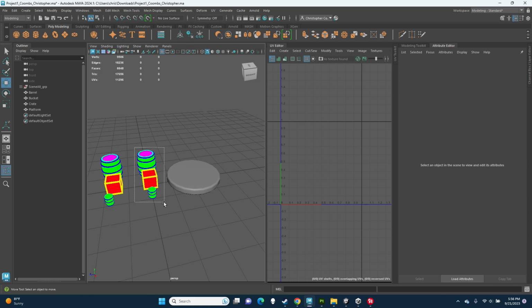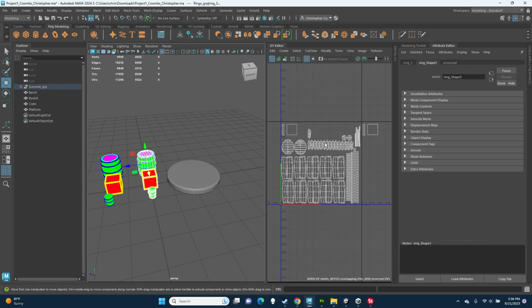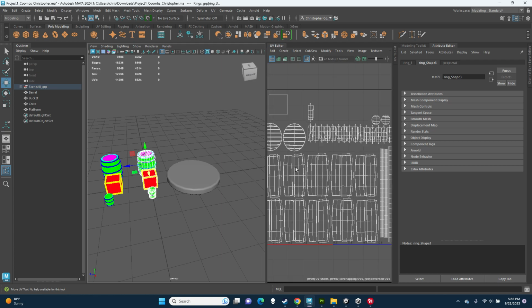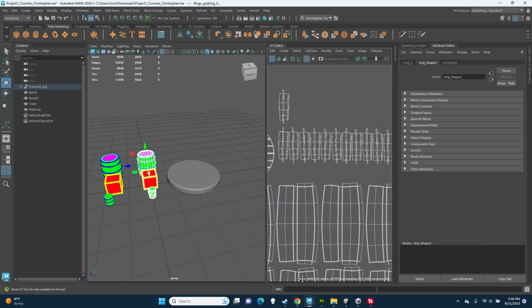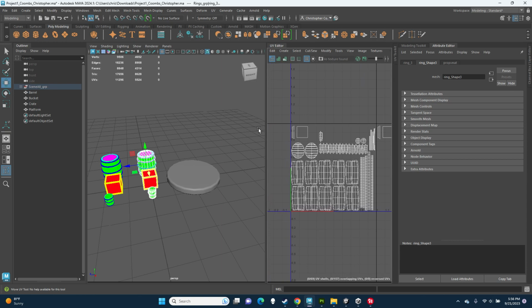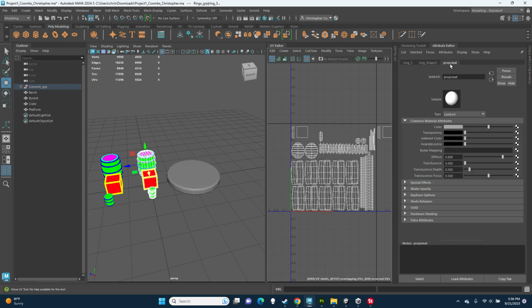We can take a look at the UV layout while we're here, and I did a pretty nice job organizing all of this, if I do say so. And we can also take a look at the attribute editor to the right, and you'll notice that all the objects are labeled with props mat,